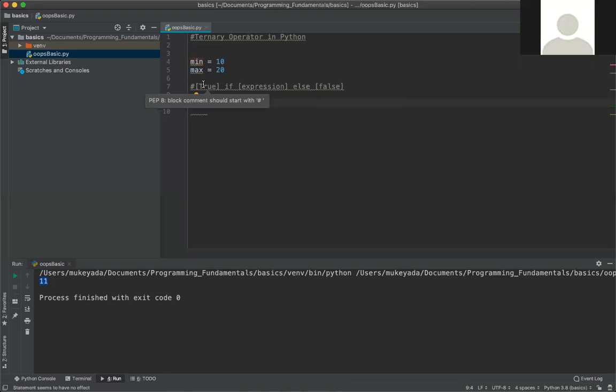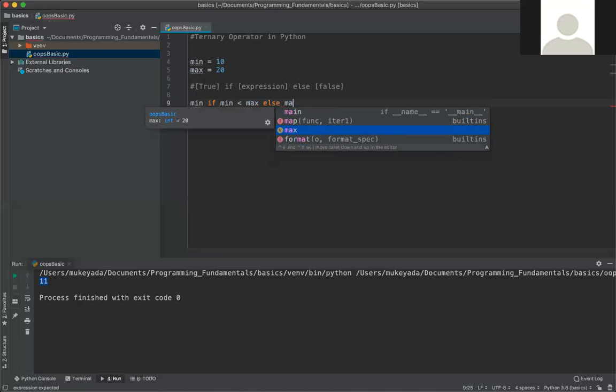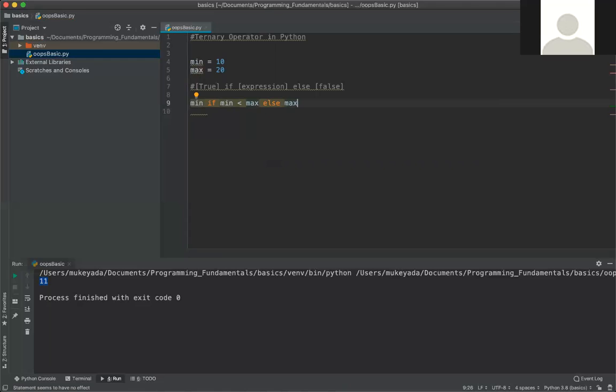So the first block is the true value, minimum, then if, after that our expression. What is the expression? Min less than max, then the else keyword, then our false condition. What is our false condition? It's max. Guys, please relate this statement to the ternary operator syntax.